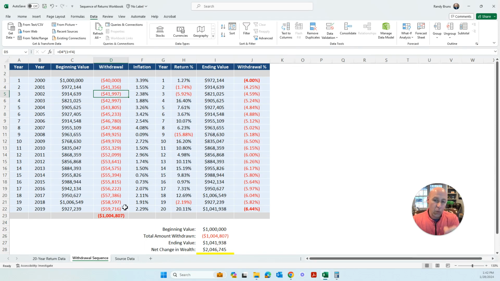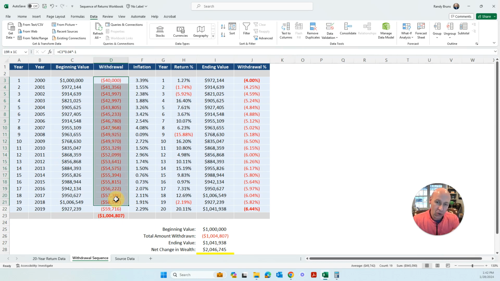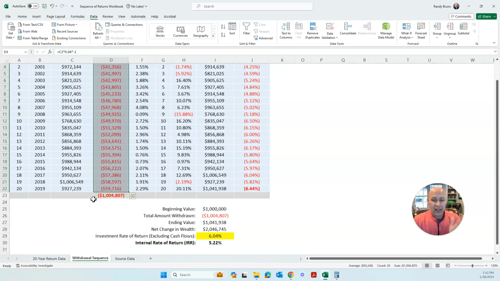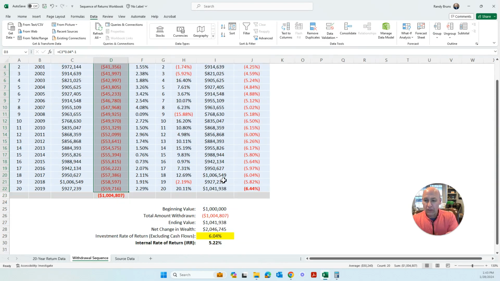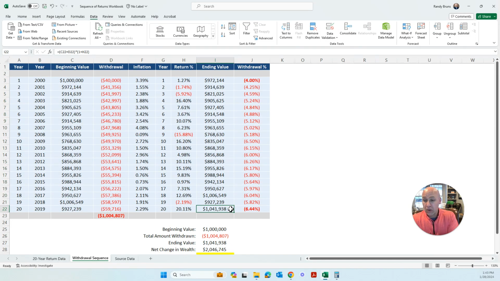You can look 20 years later, this $59,716. Yes, it's almost $20,000 more, but it's really just the inflation equivalent 20 years later of taking out $40,000. If we added the total withdrawals over the 20-year period, you'd have taken out a little bit more than you originally invested. And then you'd ask, what did the ending portfolio grow to? It would have grown to about